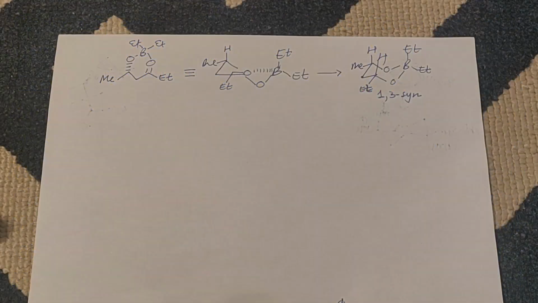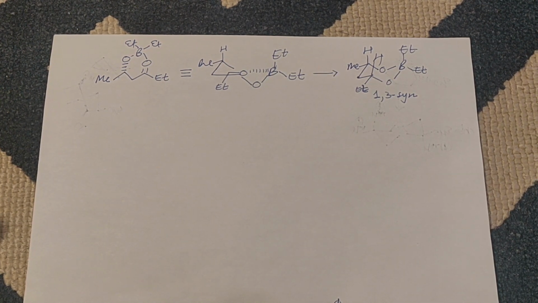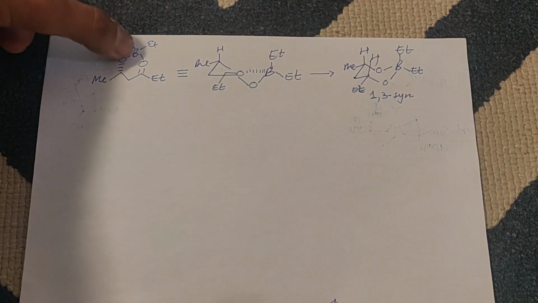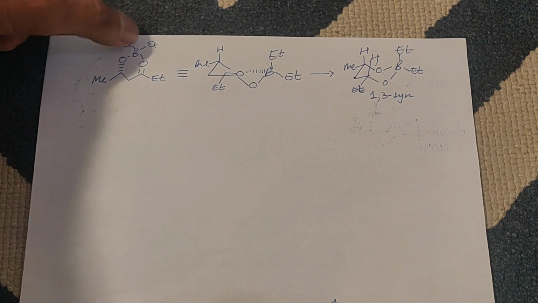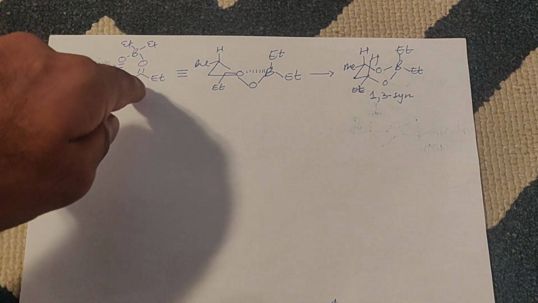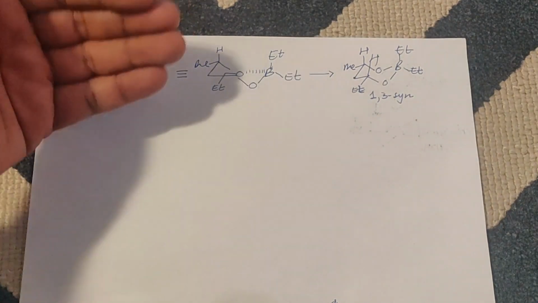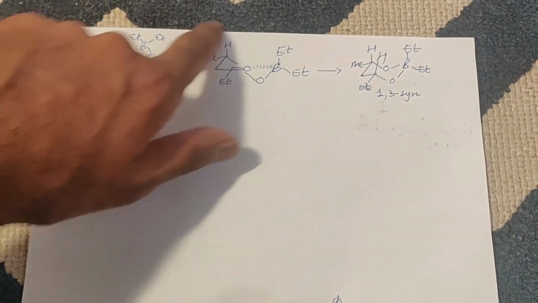So let us try and understand the Narasaka-Prasad reduction with the help of the molecular model. We clearly understand that this is a chelating reagent, boron. What it does is chelate with this hydroxy group and also the carbonyl. As a result, the hydride is delivered from the top. So this OH that is generated goes to the pseudo-equatorial site. This can also be written like this.